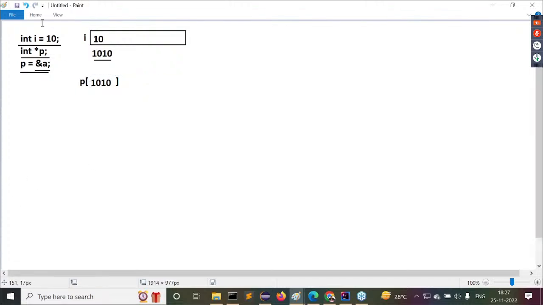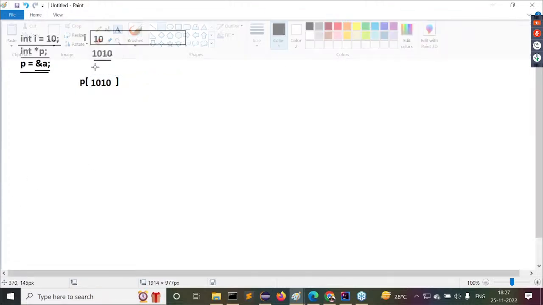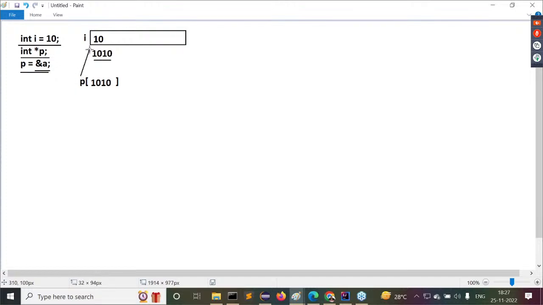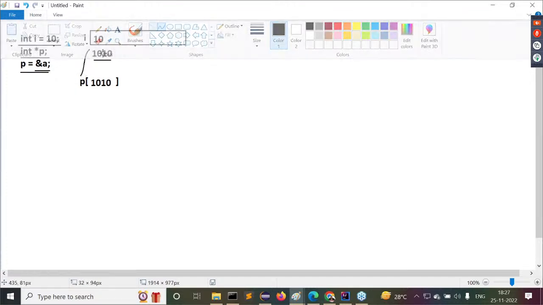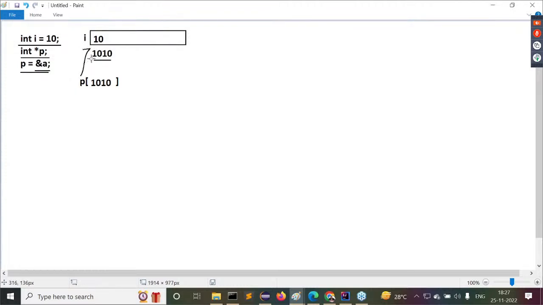Physically, P is representing in this particular way. P is representing this I variable. Now tell me, P is a variable storing the address location of the data structure, or not?